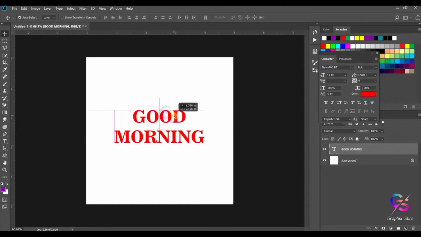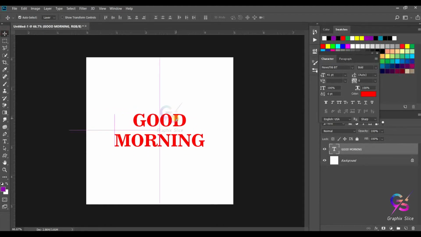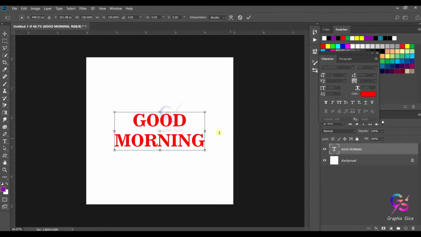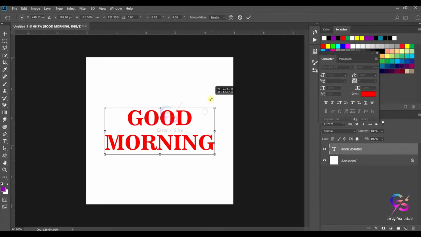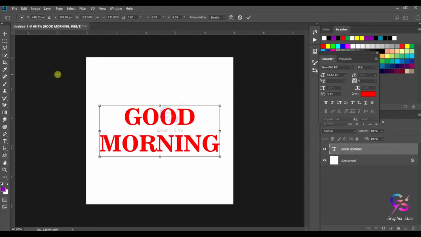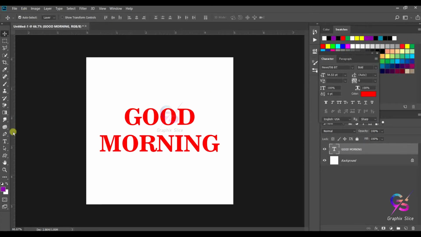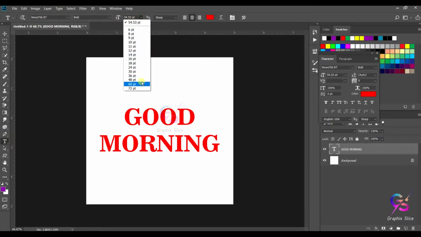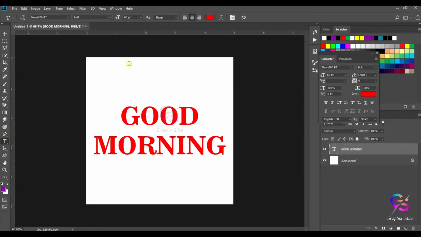Okay, so this is the text we are going to send. Then Control T, I'm going to scale this. Otherwise you can increase the font size here. And you can change the color and adjust bold, italic, underline, and you can change the font style. You know all those things.